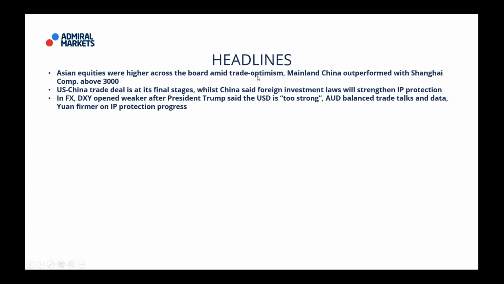Aussie balanced trade talks and data. That was important overnight. We had Aussie data. It's coming in mixed. And another note, in the past, we have a lot of guys like Larry Williams, for example, trading the Commitment of Traders report. And I recall that a while ago, there was a very strong Commitment of Traders report for long Aussie dollar. And then for many months, we said, you can't forget about the signal because there's a trade war going on with China and the US. As long as this trade war is going on, the Aussie dollar can't really rally.